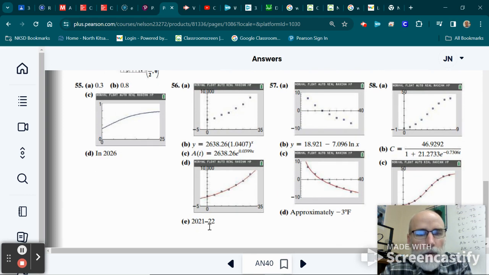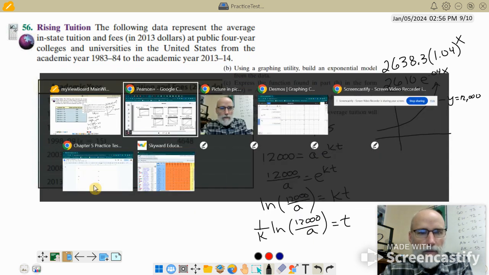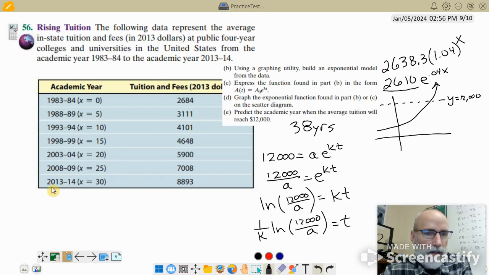Between 2021 and 2022. Oh, that's right. See, we've got an answer of 38 years, but that means we got to add 38 years to this number, or we add 8 to this number right in here, right? And that'll take us to the right spot because it's 8 years past this number. All right. Well, I hope I made that clear where this came from, because adding 8 to 2013